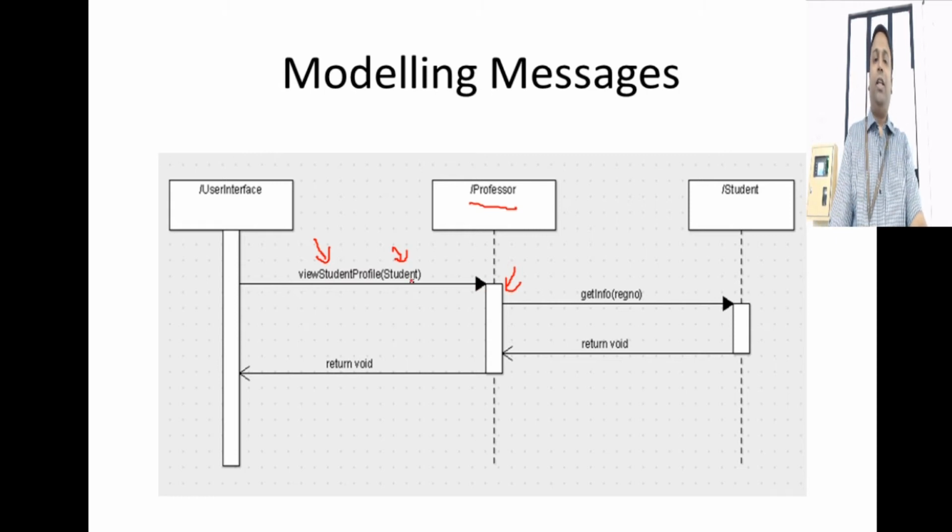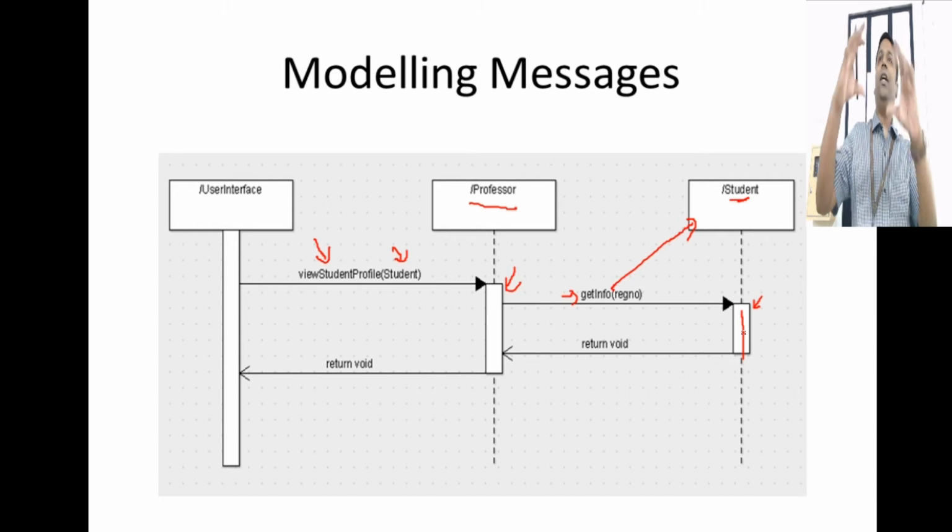After you call this method from here, which method is getting called? s.getInfo, that is the method in the student object. So this method is particularly present in the student object, and we are invoking it. So when you are invoking this method, it means that this method becomes active. Active in the sense it's getting the data, doing some processing. Maybe it's displaying the data and things like that. So this box denotes that particular method is processing, it is active.